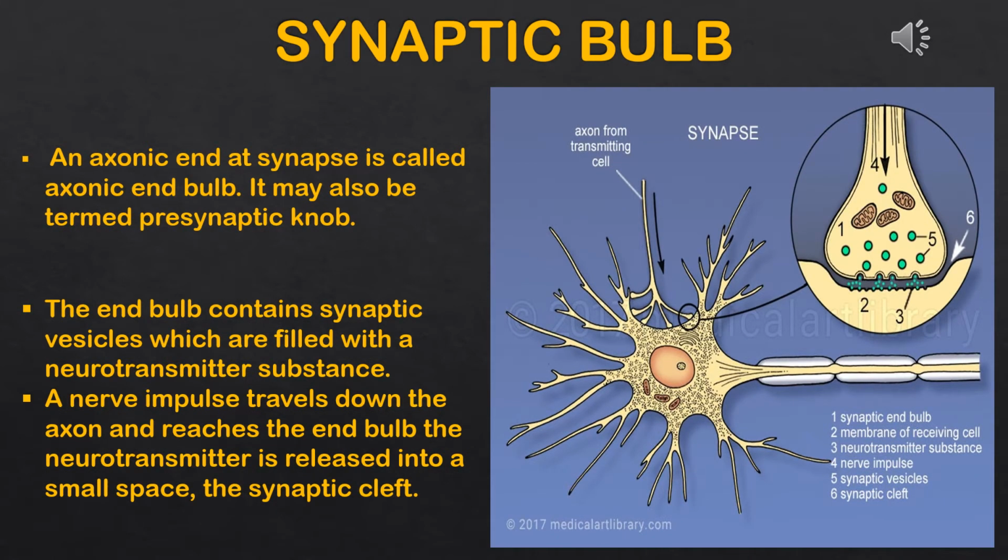First, I am discussing the synaptic bulb. First you see the diagram. In the index, the synaptic bulb diagram is given separately with the neuron and axon diagram. Okay, first I am explaining. After that, diagrammatically I'll tell you how to write it down.